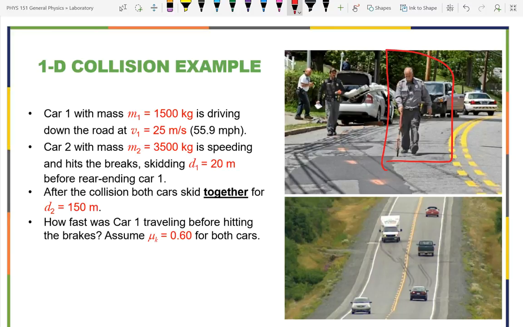So that work that was done by friction is going to reduce kinetic energy. So if they know how fast the car was going at the time of the collision, then they can use that skid mark to determine how fast it was going before the collision. So you have the first thing, somebody realizes something's wrong, they hit the brakes, they skid, then they hit the